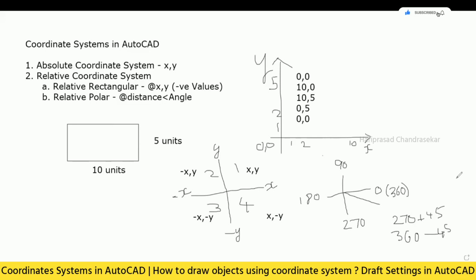Both will give the same value. For example, 270 plus 45, you will get 315, and also 360 minus 45, you will get 315. So you can make use of that when you are dealing with the relative polar coordinate system.